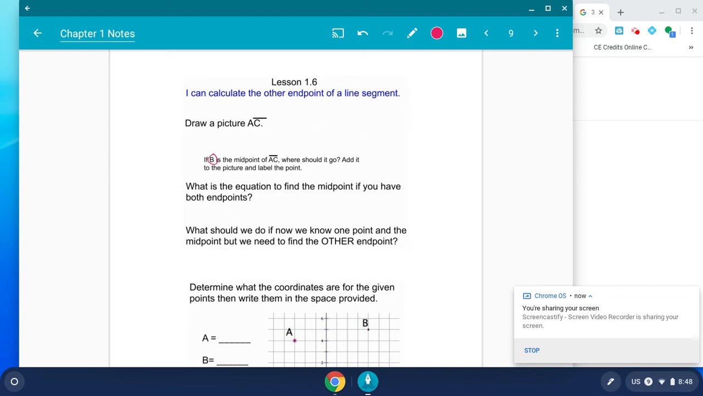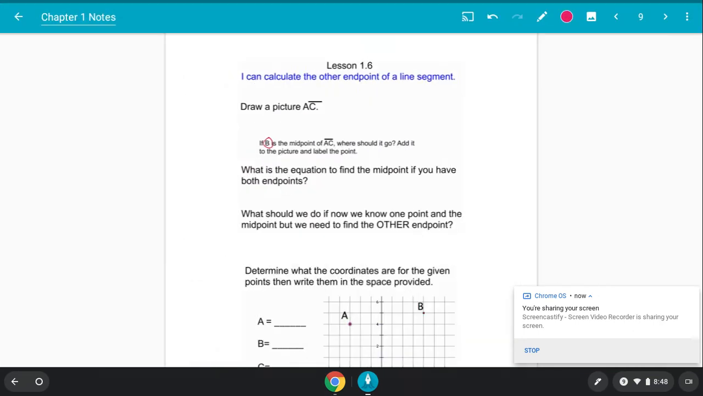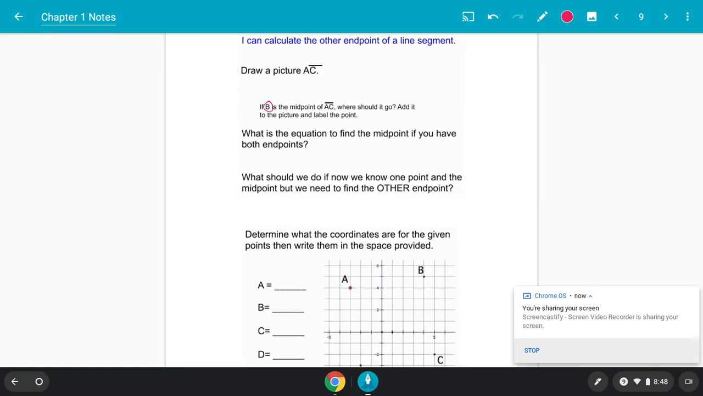Hey you guys, this is lesson 1.6, and this lesson is about calculating the other endpoint of a line segment. So I'm going to draw some pictures to try to hopefully help you understand what this is really asking. So first, if it wants us to draw a picture AC, and that's a segment up top,